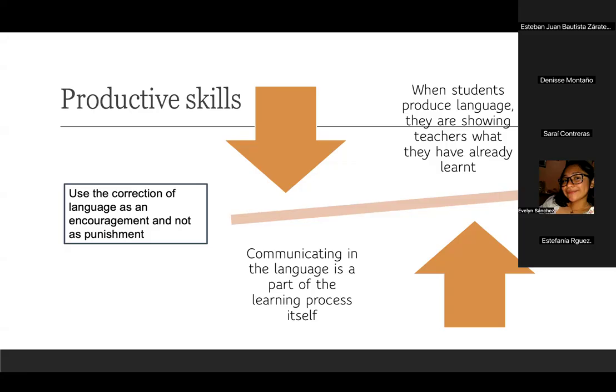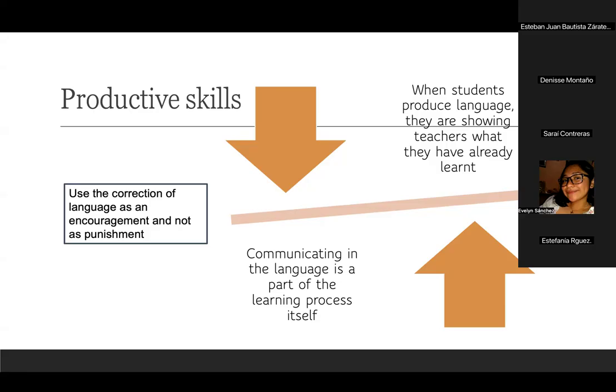However, the point here is how they are going to be able to notice the mistake they did. First of all, you need to be aware of what are the mistakes your students are producing. Probably you take note of those mistakes, and after your students have produced, for instance, in this case, in the spoken production,